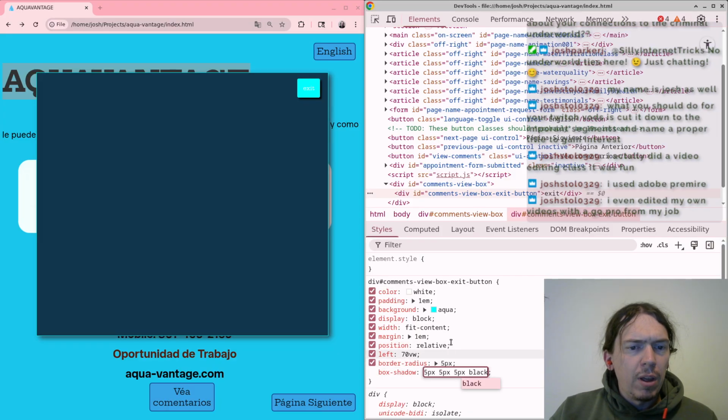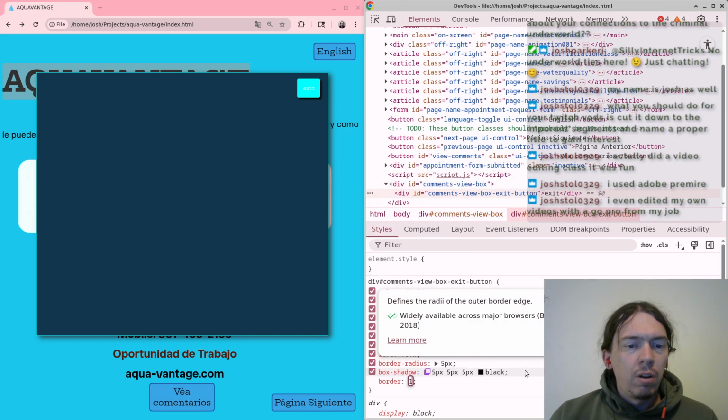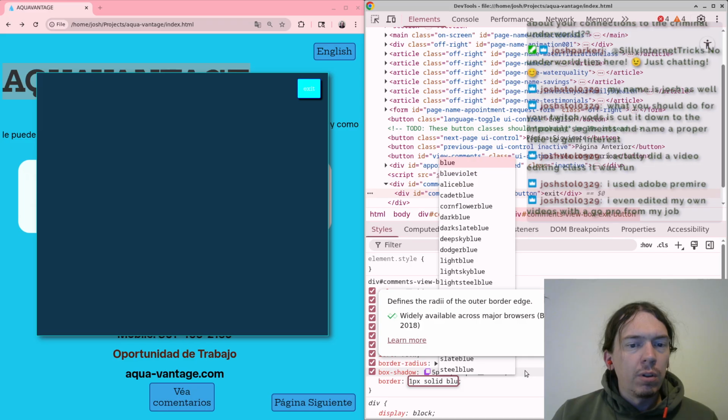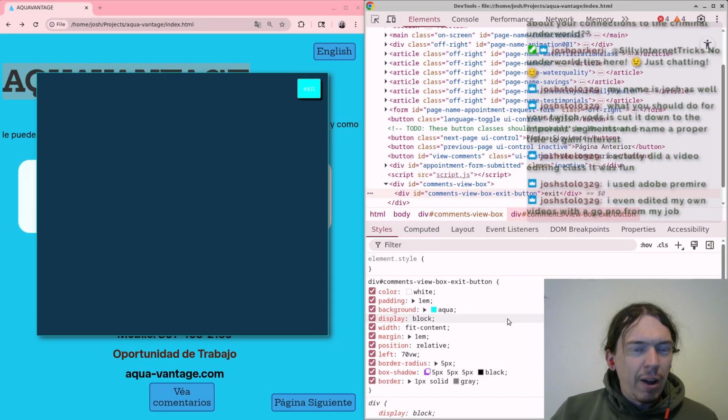Sure, sure, maybe. And then border 1px solid gray. Blue. Gray is okay. Maybe I'll start there. I don't know what was popping up there. Okay.